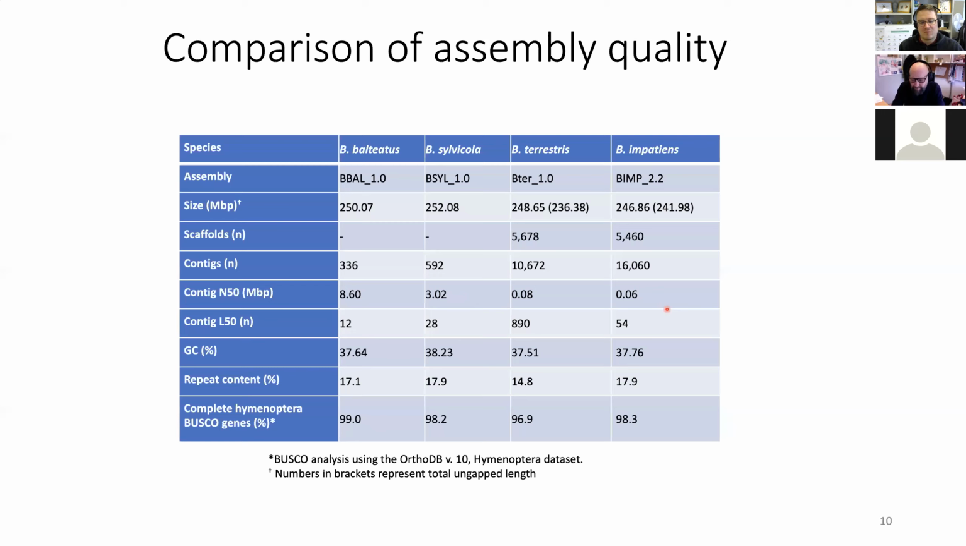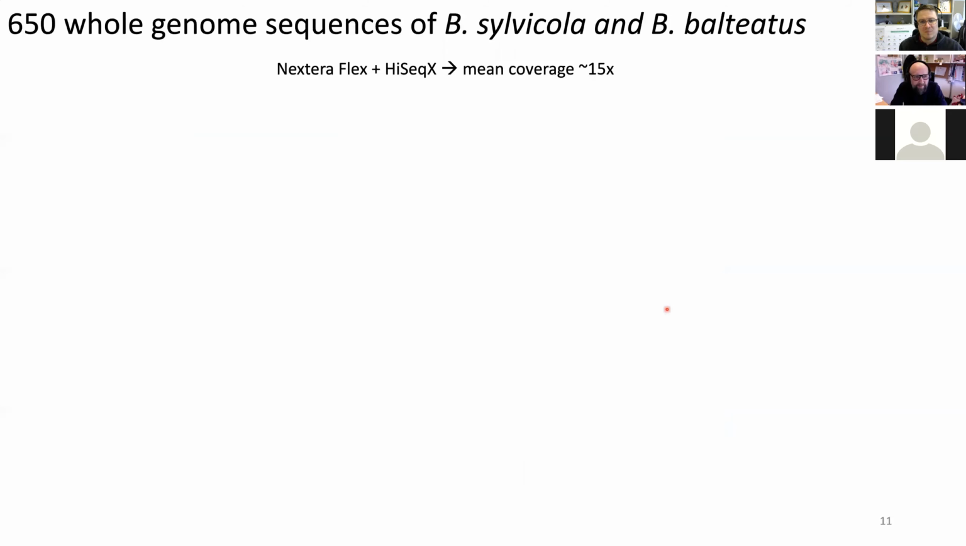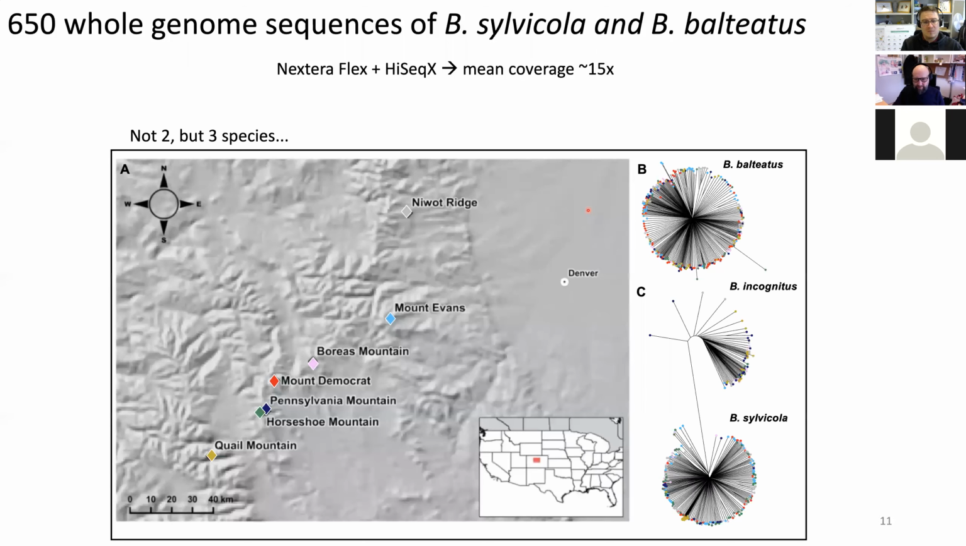The next thing we did was to do Illumina sequencing of the samples that we collected, and these were done using Illumina HiSeq X. So that's just a quick overview of what that data looked like, as you can see here. And what you can see from this is that, so these are the